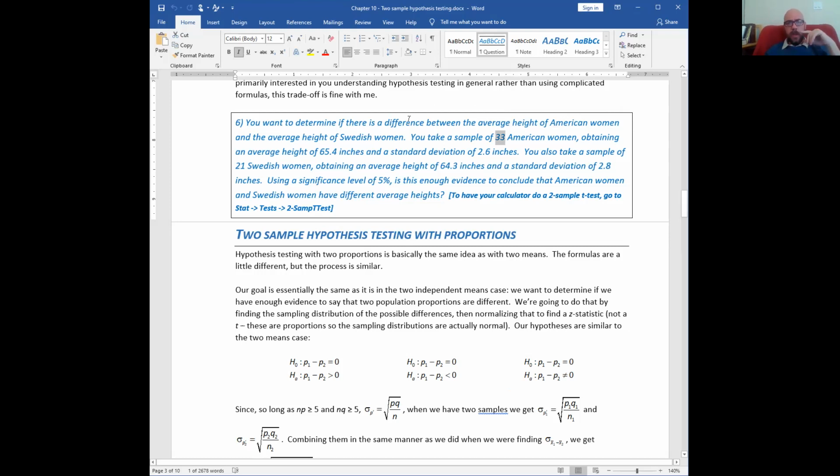Third, I'm not asking if American women are taller than Swedish women or if Swedish women are taller than American women. I'm asking if there is a difference, which is to say, if they are the same or not. So my null hypothesis is going to be equal to, my alternative is going to be not equal to. So let's go write some hypotheses. Let's get a new page. So I'm going to have my null hypothesis